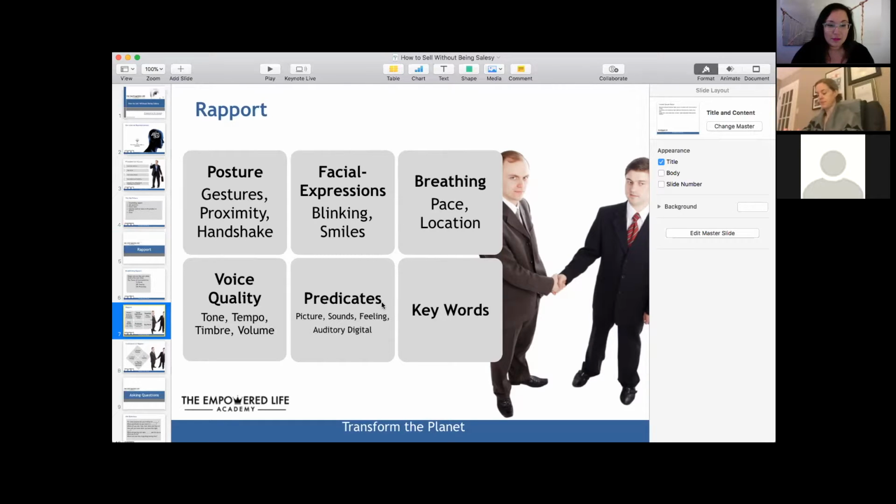Predicates. Predicates are the words that someone's using. When you start matching their predicates, you're now speaking their language. So they're going to use words that might indicate pictures, sounds, feelings, or auditory digital, which is their self-talk, how they talk to themselves. So picture words would be words like, they might say something like,